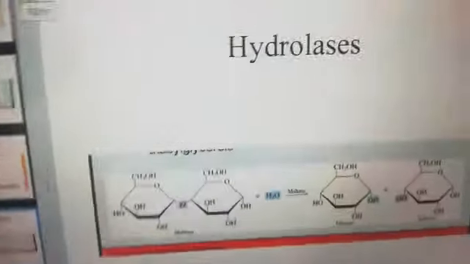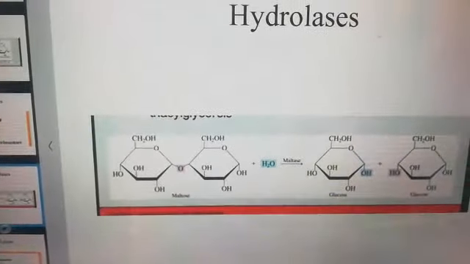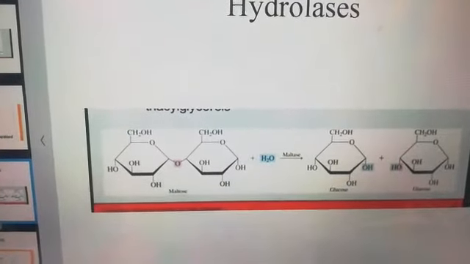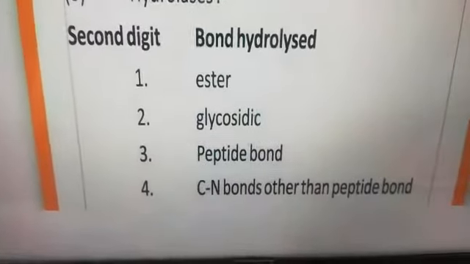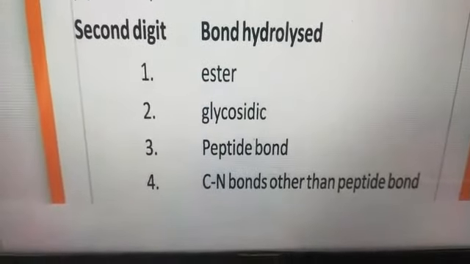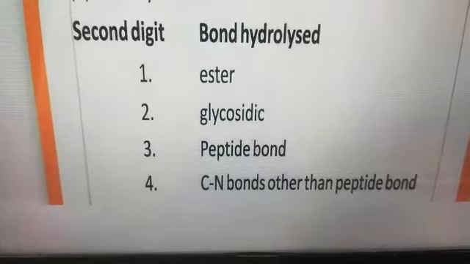Now in this, the first digit will always be 3 and the second digit will indicate the type of bond broken. If the type of bond broken is ester, second